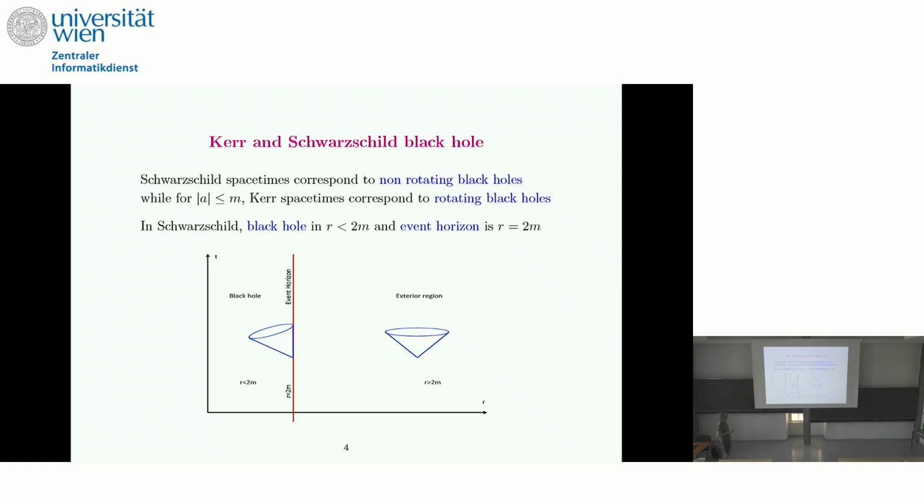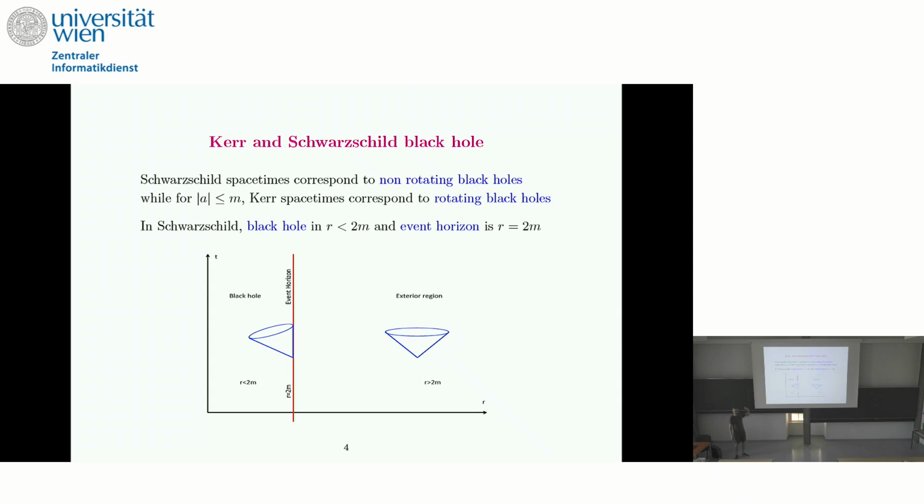A black hole, well, one black hole in fact. These are black hole spacetimes. More specifically, Schwarzschild spacetimes correspond to the particular case of non-rotating black holes, while Kerr, under the physical restriction that the absolute value of a is less than or equal to M, corresponds to rotating black holes. Let me maybe explain for non-experts in one slide what it means to be a black